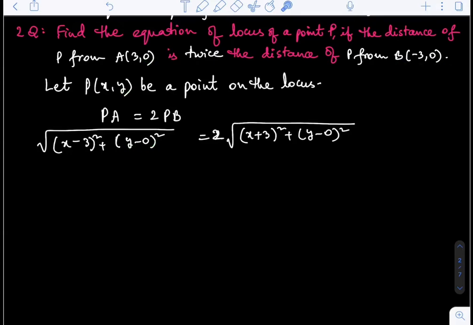Next, in this case, PB, x1 y1, x2 y2 now. So x1 minus x2 whole square. Here minus into minus will become plus. Plus y1 minus y2 whole square. And 2 is already there, no? That was kept here. The next step, what should we do? We have to take square on both the sides. Squaring on both the sides.